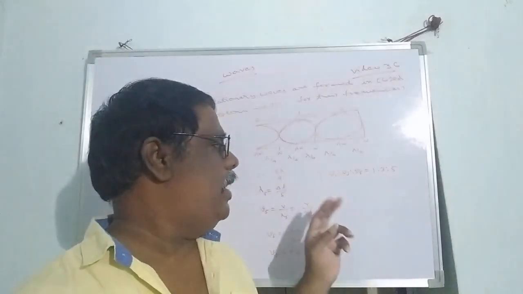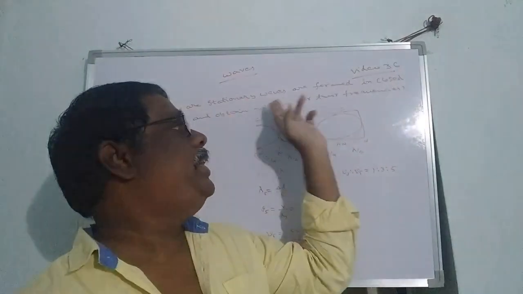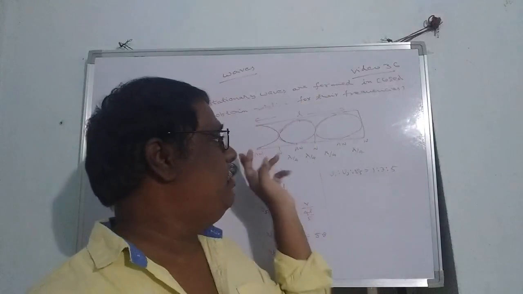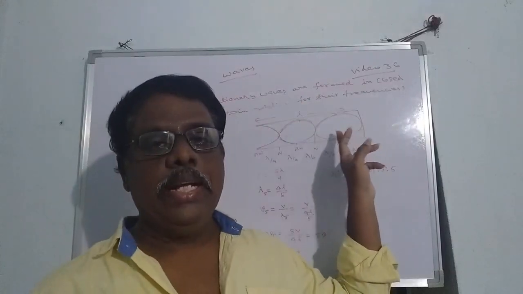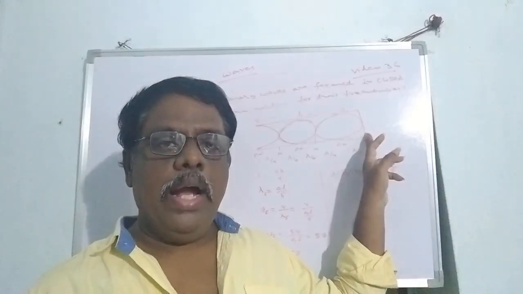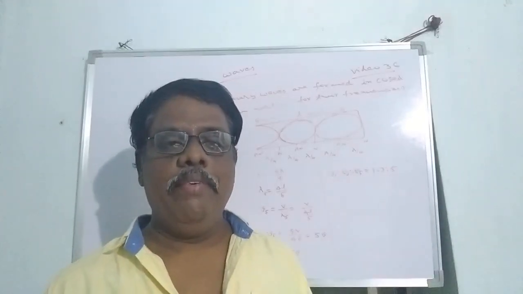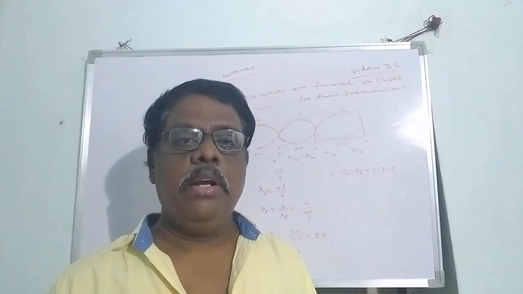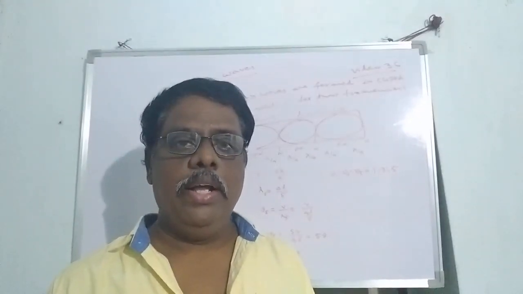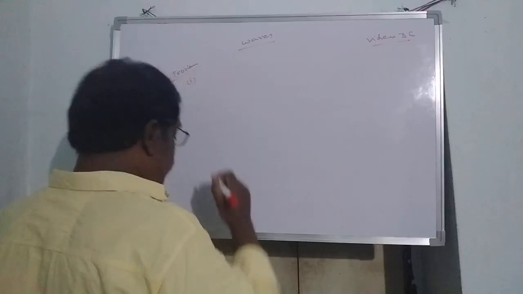This is the fundamental harmonic. How will harmonics be possible? First of all, how are stationary waves formed? When sound waves are sent into this pipe, they get reflected from the closed end, and due to the superimposition of incident and reflected waves, nodes and antinodes are formed. Such waves are called stationary waves or standing waves.